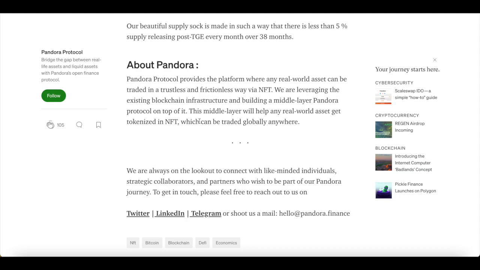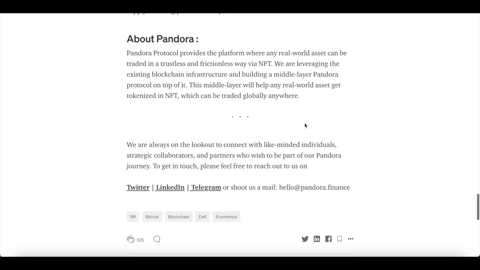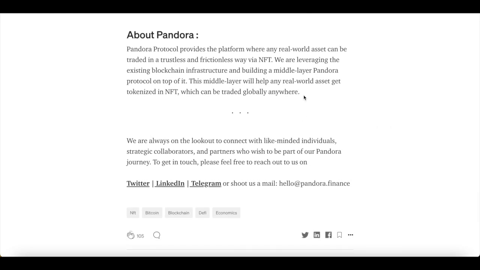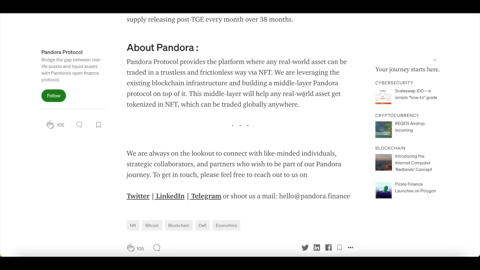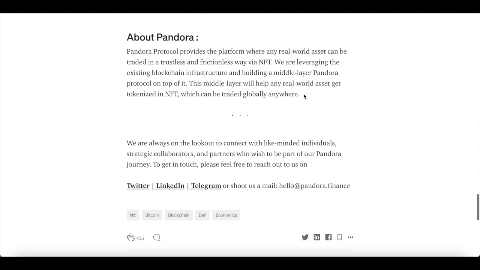We're leveraging the existing blockchain infrastructure and building a middle layer, Pandora. This middle layer will help real-world assets get tokenized in NFT, which can be traded globally anywhere. Now, we've obviously heard of real-world assets possibly being represented by NFTs, because NFTs are actually a really good way to show and prove ownership of certain assets, such as artwork on NFT platforms. But take into account that if we could possibly get real-world assets to be represented by NFTs, this